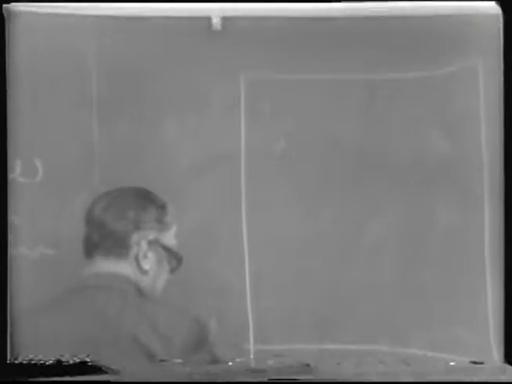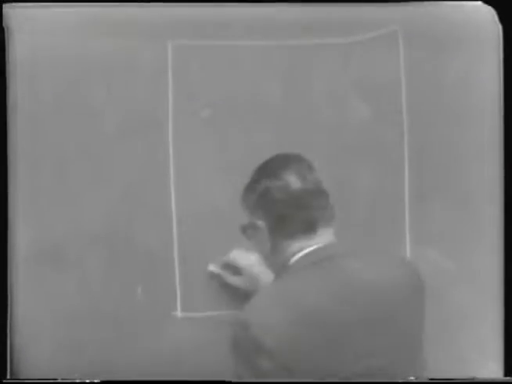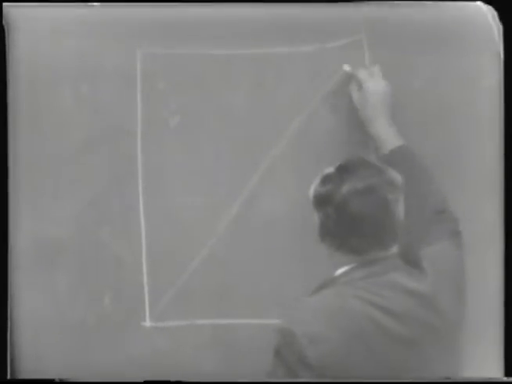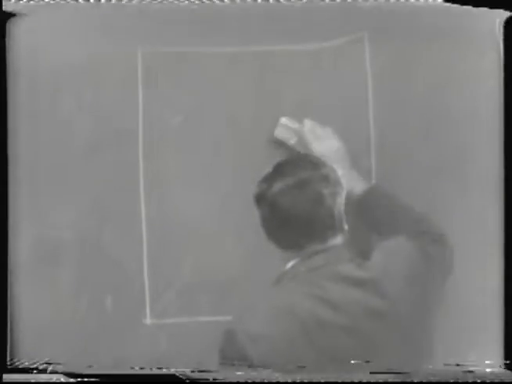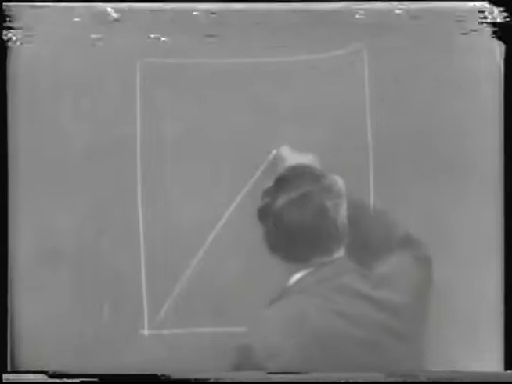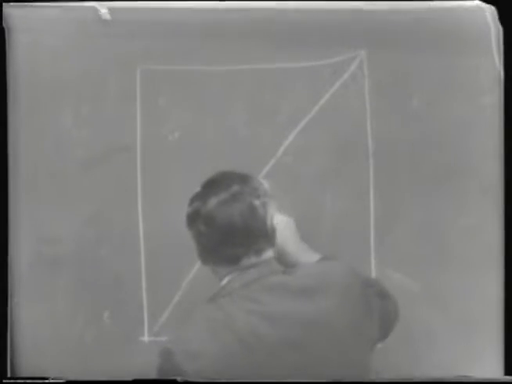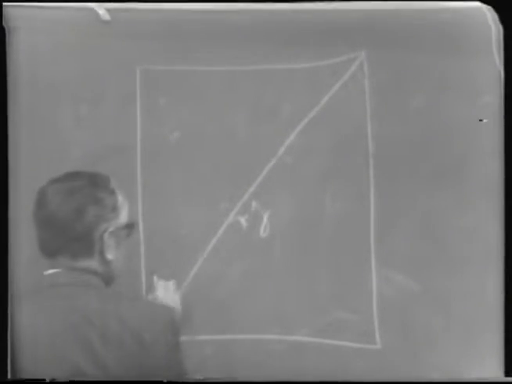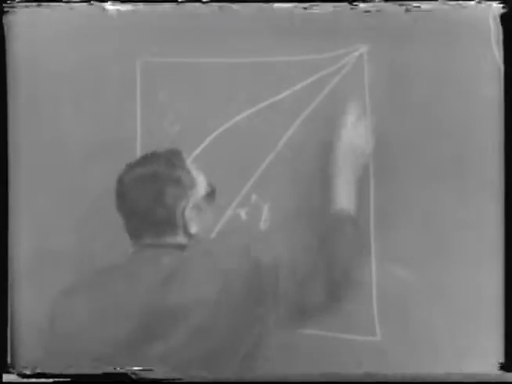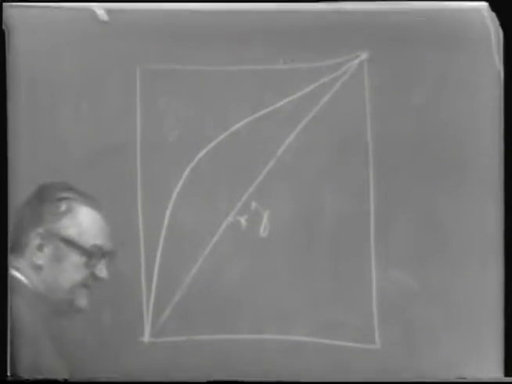From a graphical standpoint, we have already indicated, if we have an equilibrium curve here, this is the diagonal, and have some equilibrium curve, whatever system we're talking about,